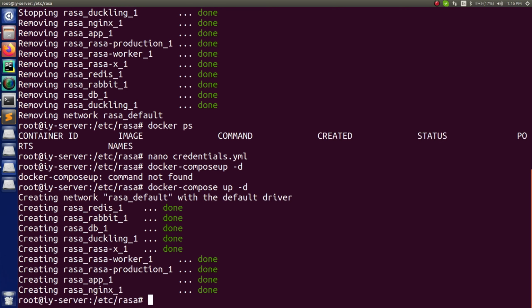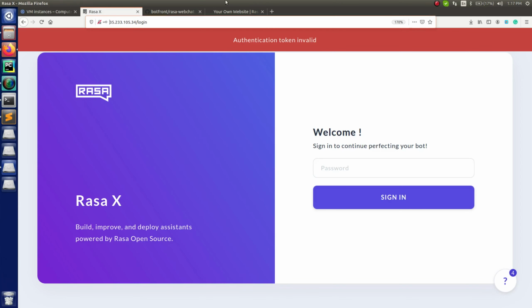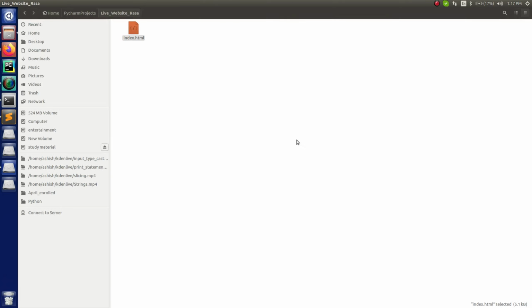Alright, so all the services are running. You can check it here with Docker PS. We have already seen it in previous sessions as well, right? So I'm done with this part. All my services are running. Let it be, we don't have to work on it right now. So now just go in here.